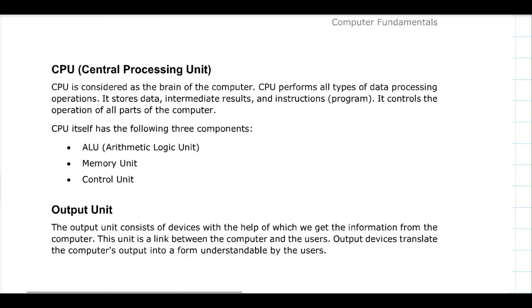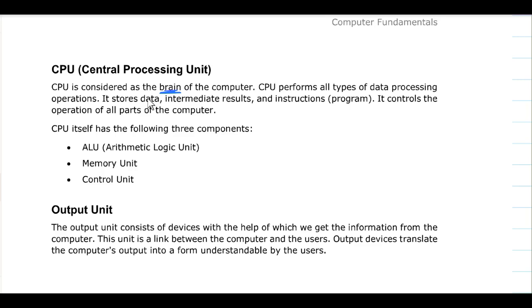Now let's talk about the CPU, the short form of the central processing unit. The CPU is considered the brain. So if you are asked about the CPU, you should always tell me it is the brain of the computer. It performs all types of data processing, and it stores data. It keeps intermediate results. It also stores the instructions or programs, and it controls all the parts of the computer. The CPU itself has three main components, just like we have said: the arithmetic and logic unit, the memory unit,